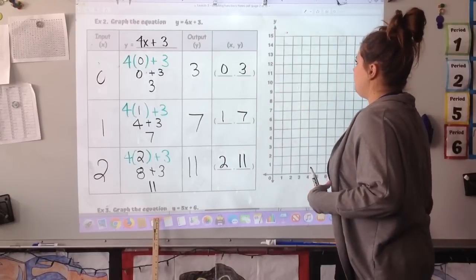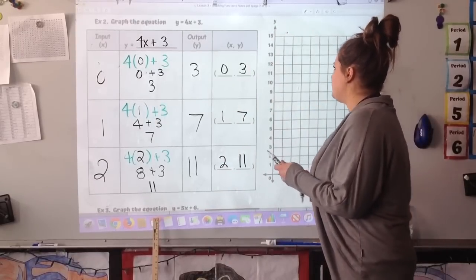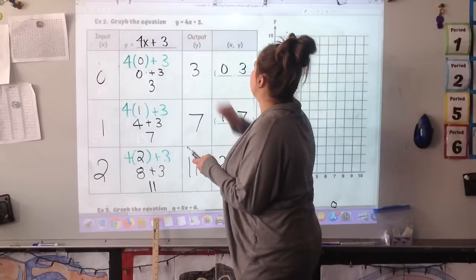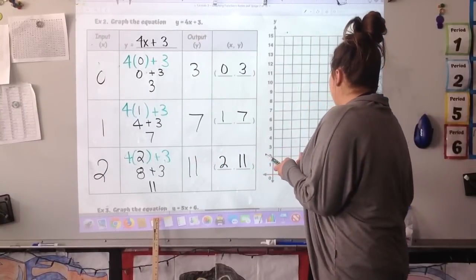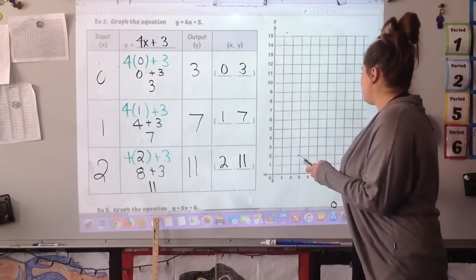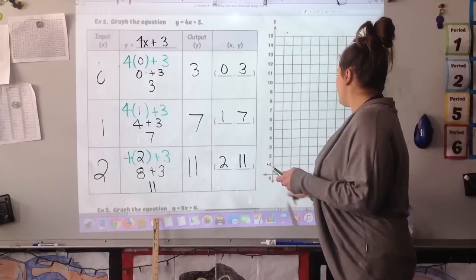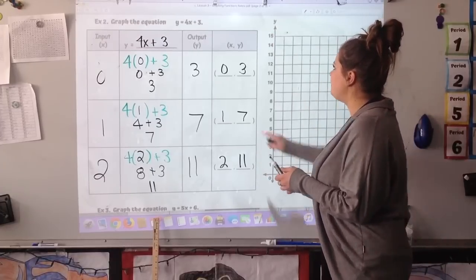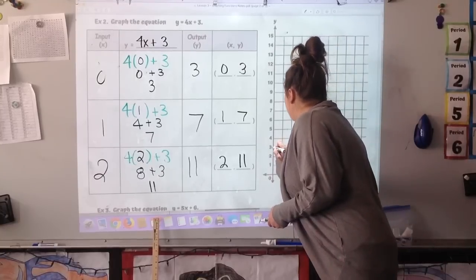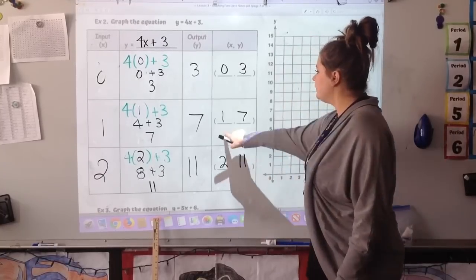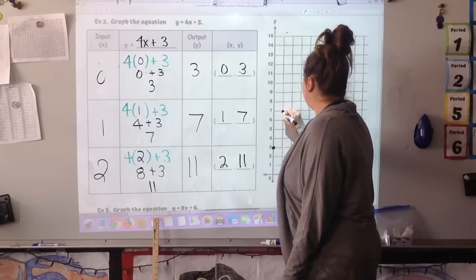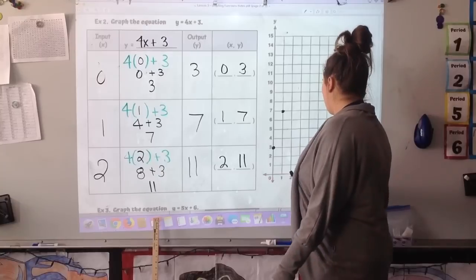So this is a little bit of a different graph than the first example because if you notice our y values are a lot bigger because we had a second step to our equation. So again, this one is cut off a little bit. This is your x-axis, this is your y. So we're going over and then up. So for our first ordered pair, 0, 3, over 0, up 3. Next, over 1, up 7. Then finally, over 2,